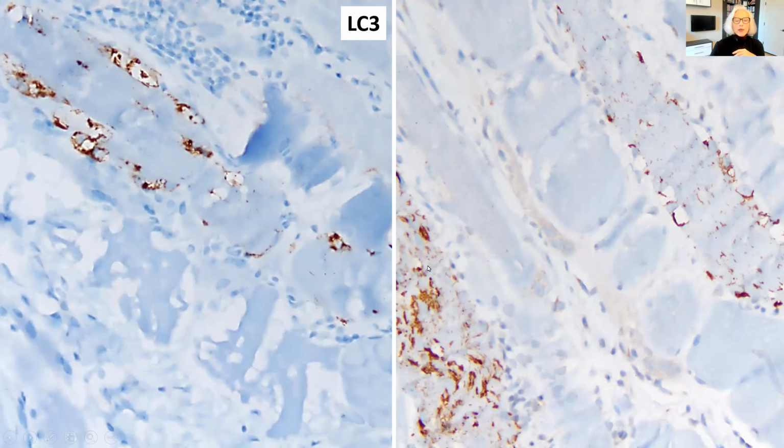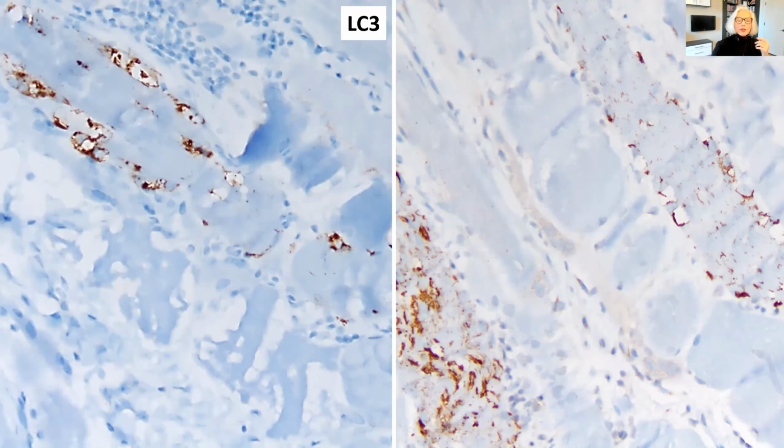So that tends to be, again, very helpful because otherwise you don't see them on the paraffin embedded material. And here are the rimmed vacuoles that are highlighted by LC3. And I hope you're appreciating how different this looks from the pattern that we have seen in the immune-mediated necrotizing myopathy. And here is P62 again, looking very similar, highlighting the rimmed vacuoles, as well as these coarse sarcoplasmic inclusions